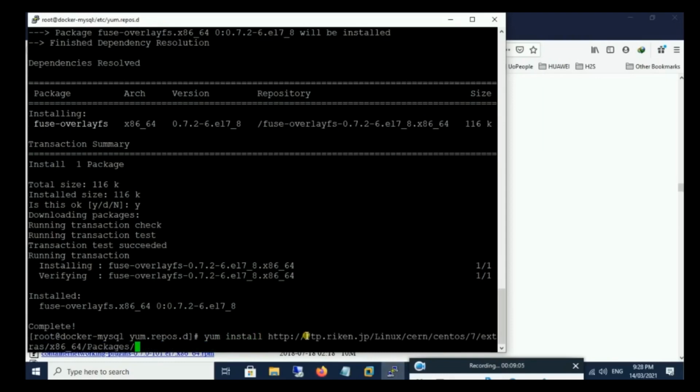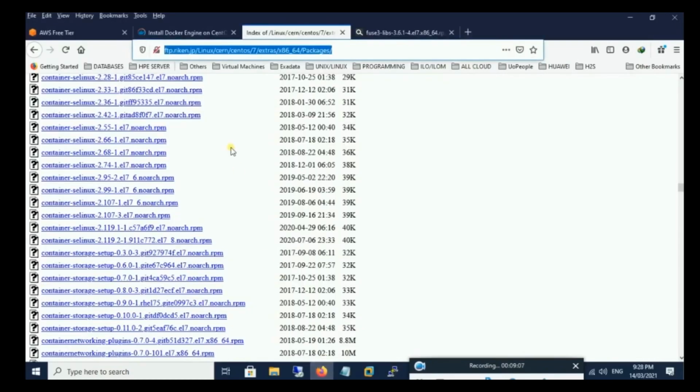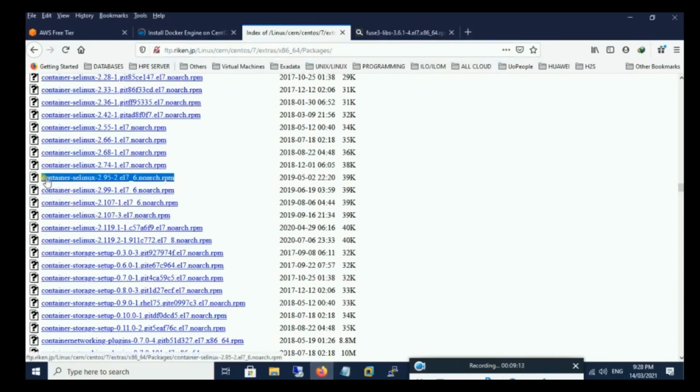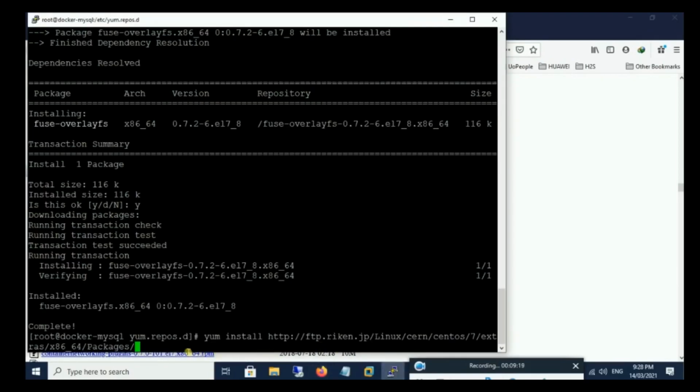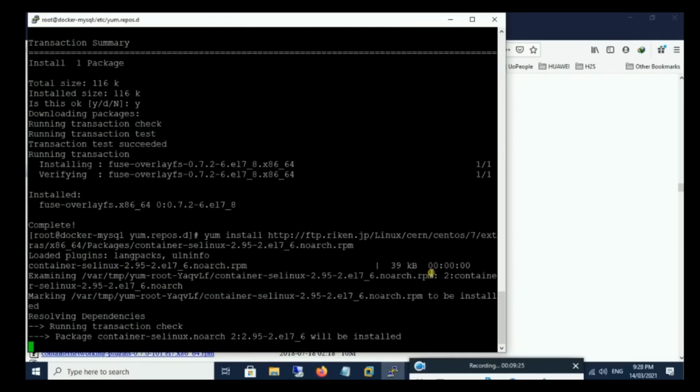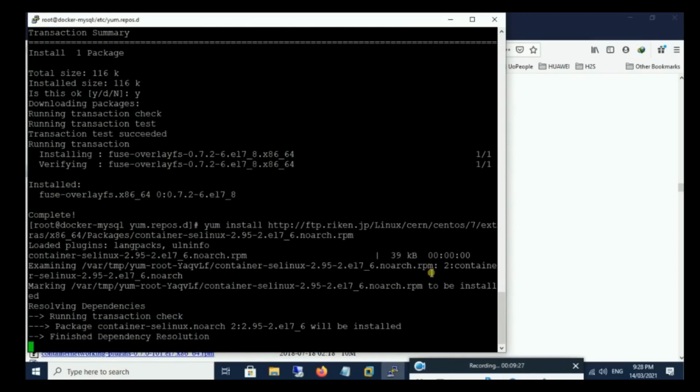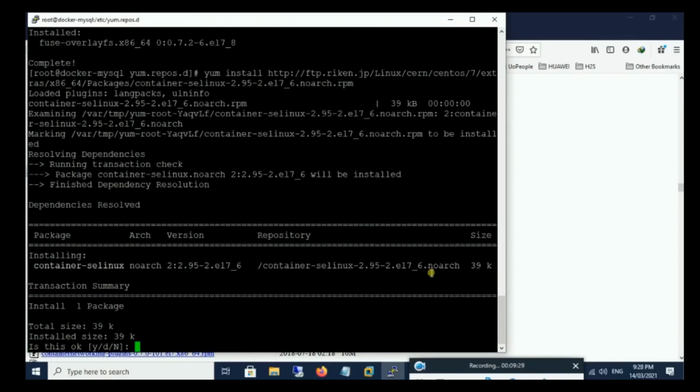So what I do first, I copy the path to the link, then I come back to the package itself, I copy that one too, and then I paste it. Then I have the full path to the package. So now I'm installing the package.